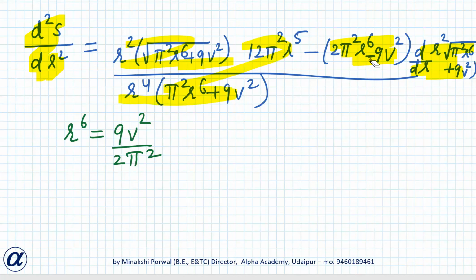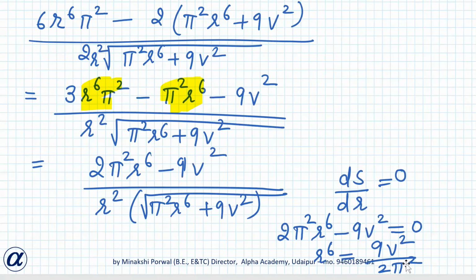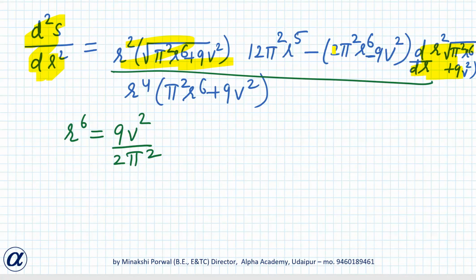Because ये पीछे वाला तो 0 हो जाएगा minus sign के बाद वाला, and everything here will be positive only. Are you getting what I am saying? How will it be 0? ये how we got this r to the power 6, because this we substituted 0, तो हमको ये r to the power 6 मिला. That means this term was 0. So this term is coming here.